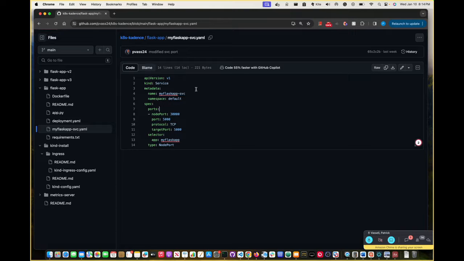That will allow us to connect to the pod, which is running on port 5000, and we're going through that port 30,000, which, if you don't have anything here, it'll automatically assign a port number in the range of 30,000 to